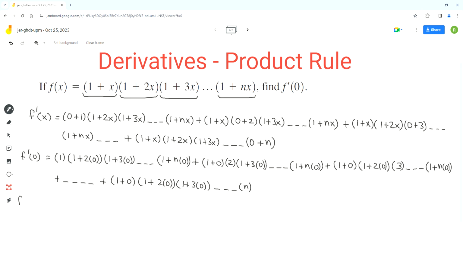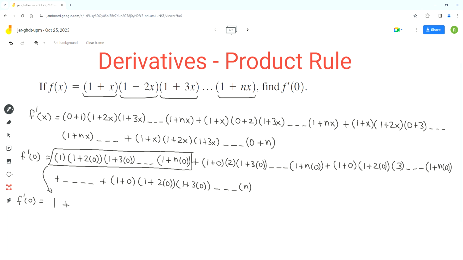Now we can simplify it further. So in the first part, multiplication by 1 doesn't change anything. And then 1 plus 2 times 0, so 2 times 0 is 0, so it will be 1 plus 0. The same thing in the third function, 1 plus 0, and the same pattern will continue all the way to the last parentheses, 1 plus 0. So this whole expression will reduce to just 1,